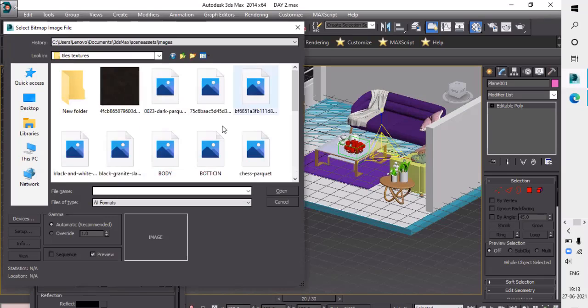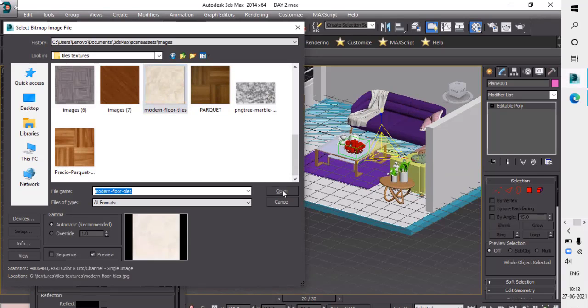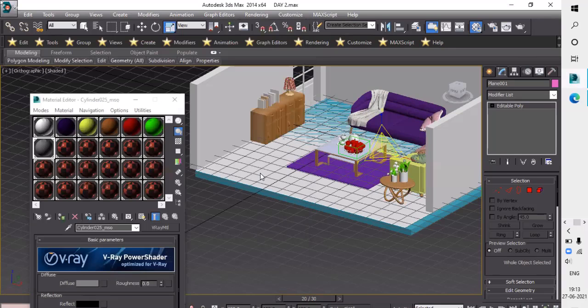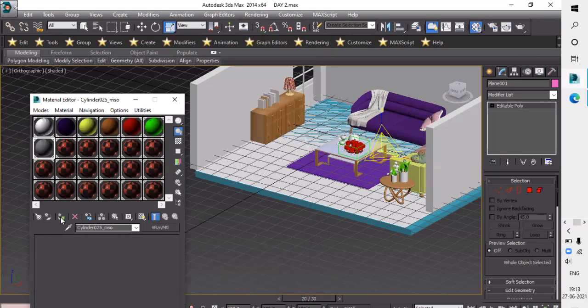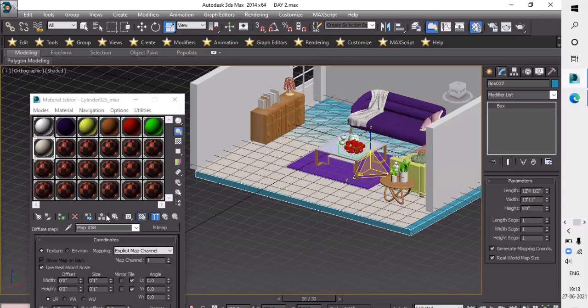You can also make your own folders and give the name as tile texture, sofa texture or wood texture, like that. So I would give here a modern floor tile which is white in color. It's normal. If you are seeing, the texture will be applied here.